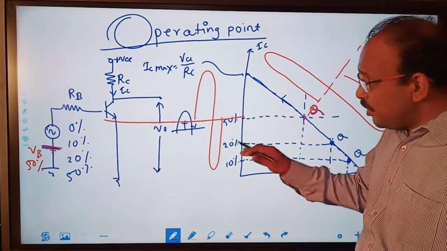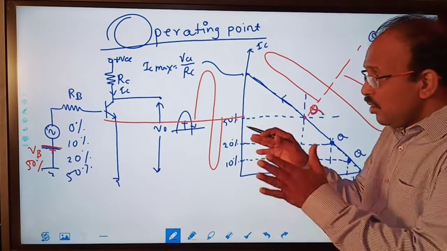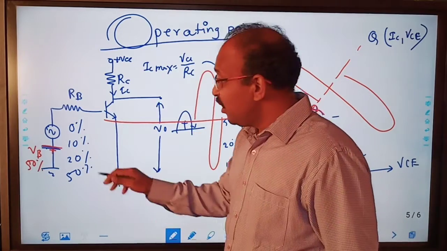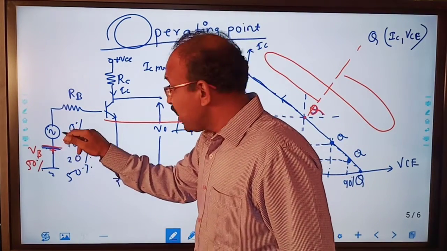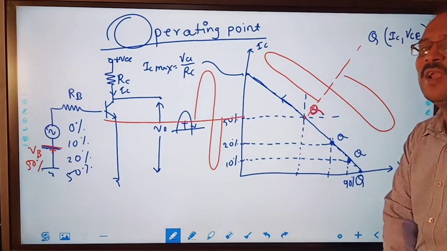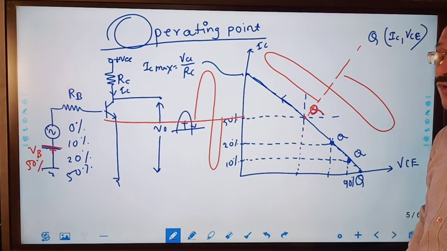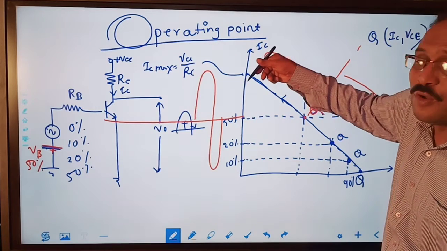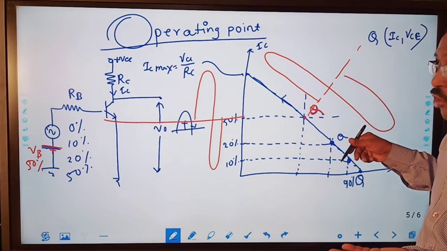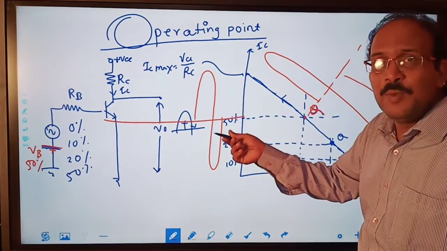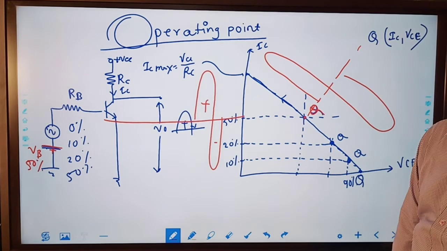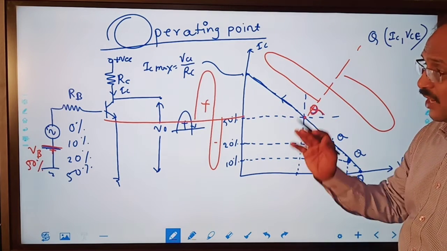But here I can say setting biasing means what? Setting biasing means adjusting Q point at the center of the DC load line, so that when input increases it will go up, when input decreases it will come down. Okay, so there is no cut in input wave. We can amplify a positive as well as negative waveform of the input signal. So that is the main task of this.